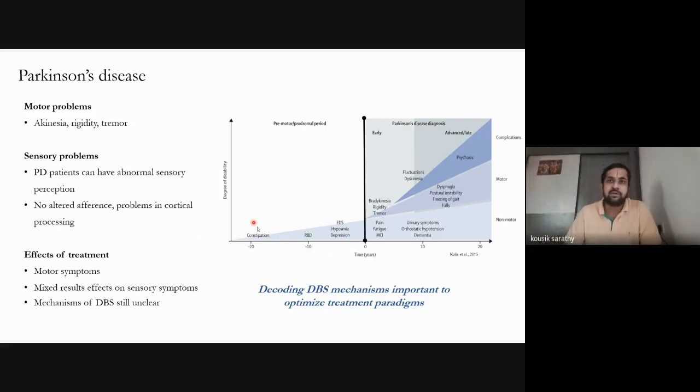This is all interesting because then you can start looking at biomarkers which are 10 years ahead. And if you can pair it with, let's say, a future drug which can lead to a neuroprotective role, then there's a possibility that you can reduce the intensity, the progression pace of PD. But that aside, we will mostly focus on, my PhD work was mostly focused on sensory and motor problems.